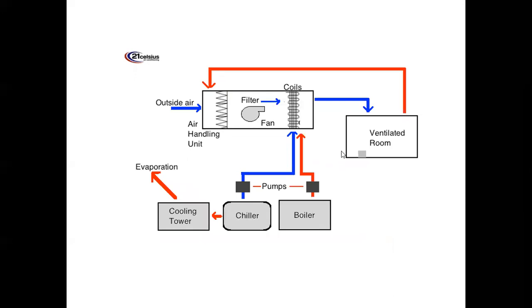This figure represents the HVAC system, that is the heating, ventilation, air conditioning system. Outside air enters into the air handling unit, then it is filtered, then coils are provided here, heating or cooling coils. Based on the humidity of the air, in the summer cooling coils are used, while in the winter or other seasons heating coils are used, and in this way the relative humidity of the air is maintained. Then the ventilation room is there, from where the air is transferred to the filling area.